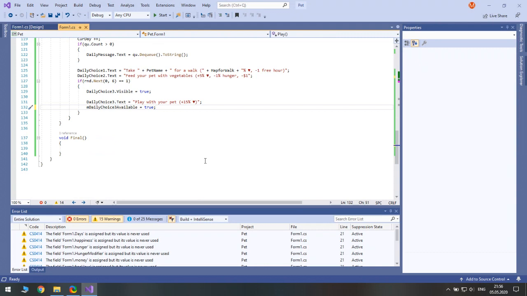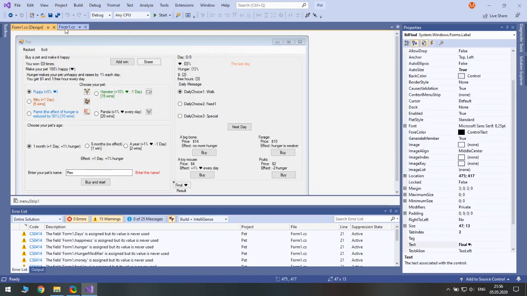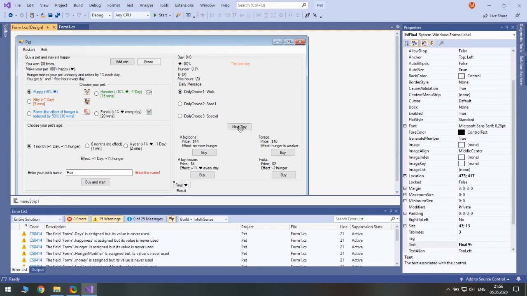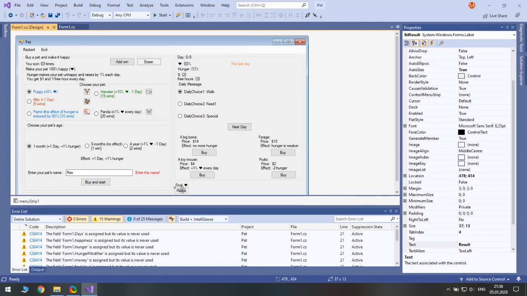Next. Well, every day, I guess that's it for every day. So, and when it is final, the game should not have this button enabled, and these two labels should appear.